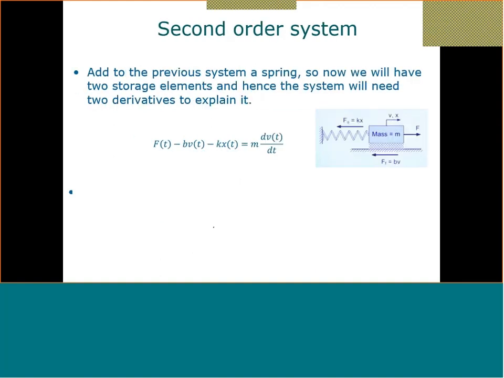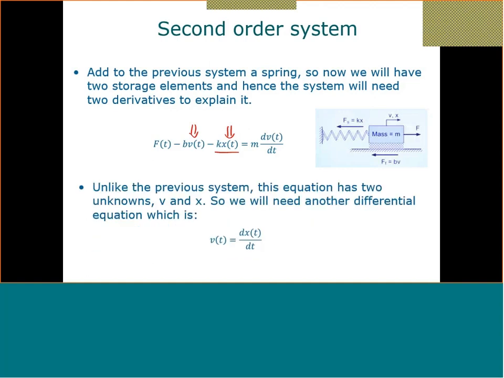Now if I add a spring to the problem, then the spring is another energy element that can be storing energy, and the equation will be modified as such. Now I have x, the distance, as an unknown and the velocity as an unknown. Again, one equation, two unknowns, I cannot solve them. Then I have to find another differential equation. And in this case, as we know, the velocity is equal to dx by dt. If I substitute here, then I will have a second order differential equation,